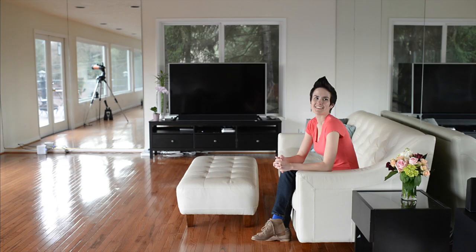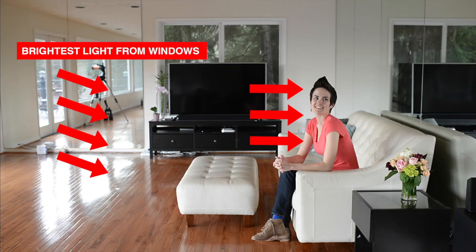Now look at your subject and identify the different ways light is touching it. Here you can see the different ways my subject, Lacey, is being lit up by the light available in the room. The strongest light source is coming from the windows just in front of her. The light is coming down into the room, it's hitting the floor, it's hitting the walls, and it's mostly lighting